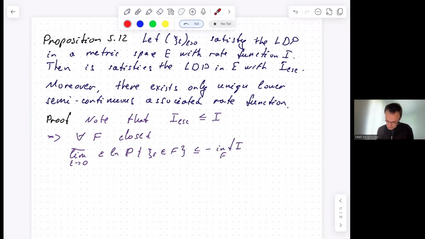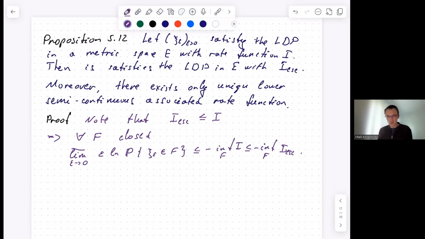But now you see that you have this inequality. Therefore, with minus, you will have the inequality in that direction. Then you can continue and write here less or equal than minus, and then replace the function I by this regularization. That immediately, like for free, implies the upper bound for large deviation principle.